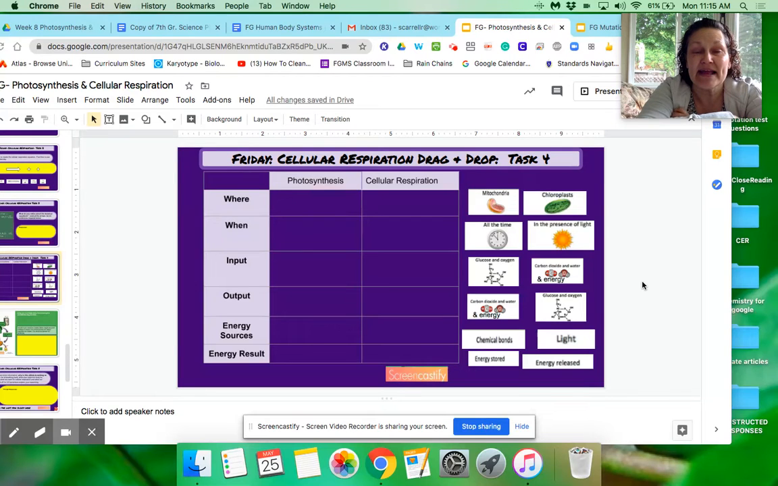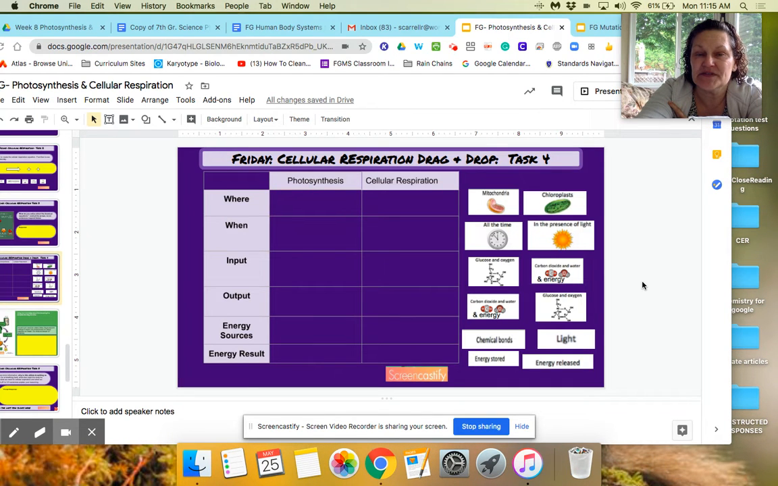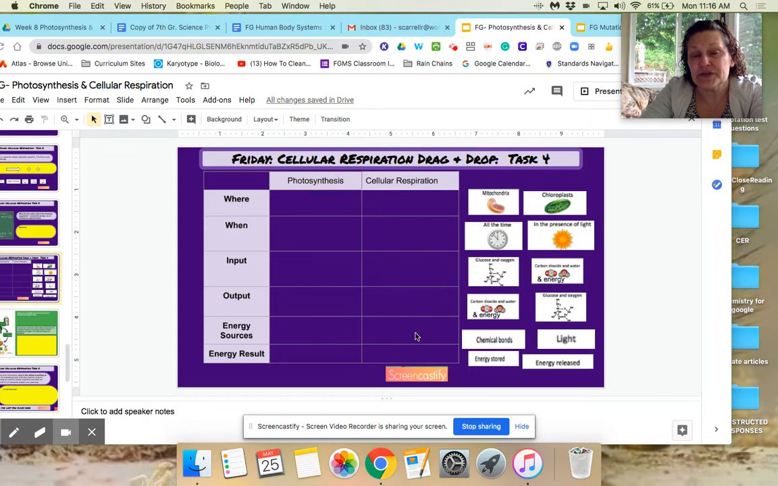Hi, everybody. We're back. And now what we're going to look at is task 4. And this is a drag and drop. I really like this activity because it sort of separates what's what in each of these two processes. So we have photosynthesis in the first column and cellular respiration in the second column. And so what I'm asking you to do is drag these, and I've broken these up